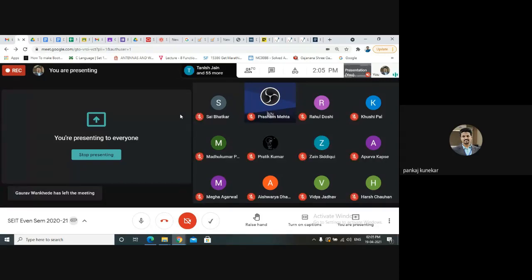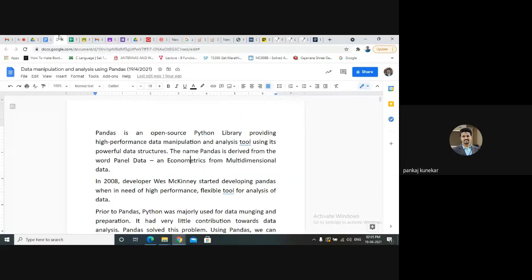Pandas comes with lots of features to deal with your analysis of the data. It's a library which can be used for analysis of your data. It's a powerful data structure that can hold different data, and we can perform different analysis on your data set. So what is in the pandas?